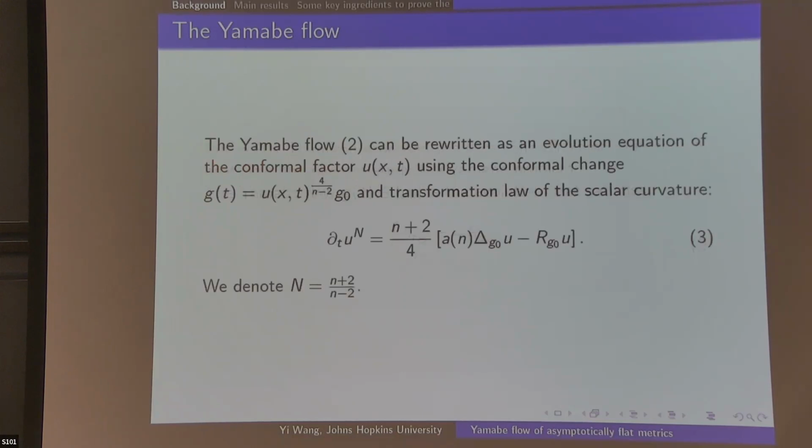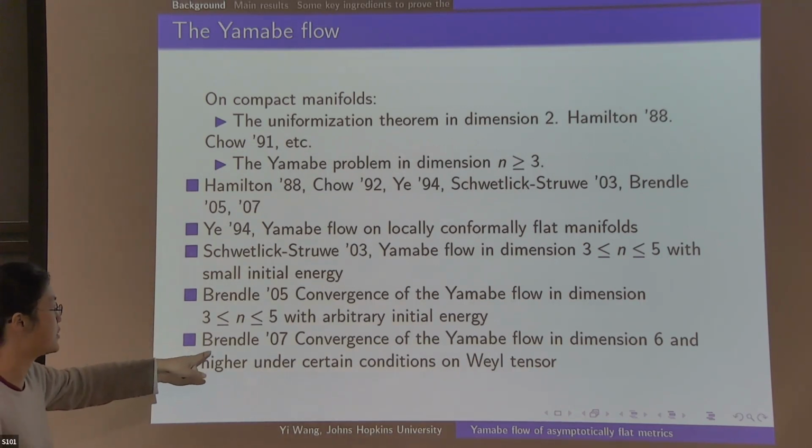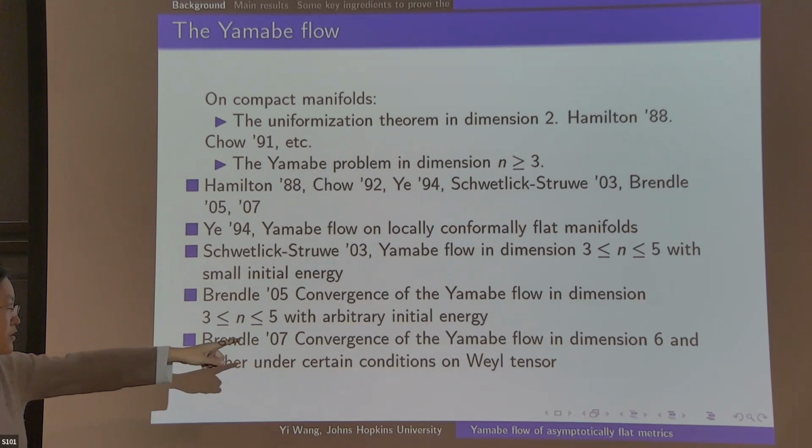All right, okay, let me come back to here a little. So Brendle in 2007 also proved the convergence for higher dimensions, dimension bigger than or equal to 6. He proved the convergence of the Yamabe flow, but under some very mild Weyl curvature vanishing conditions. So it still needs a little bit of condition, but